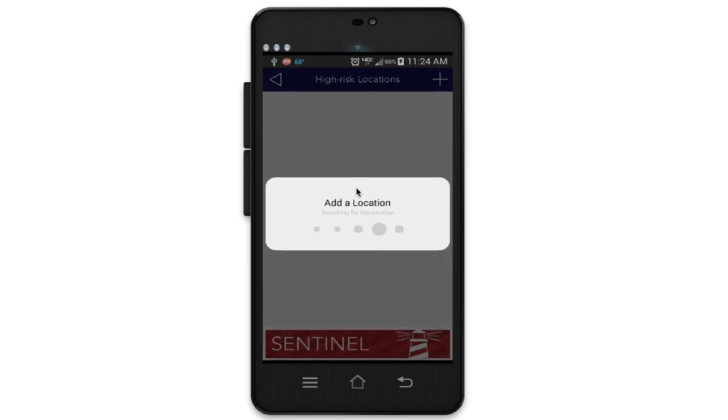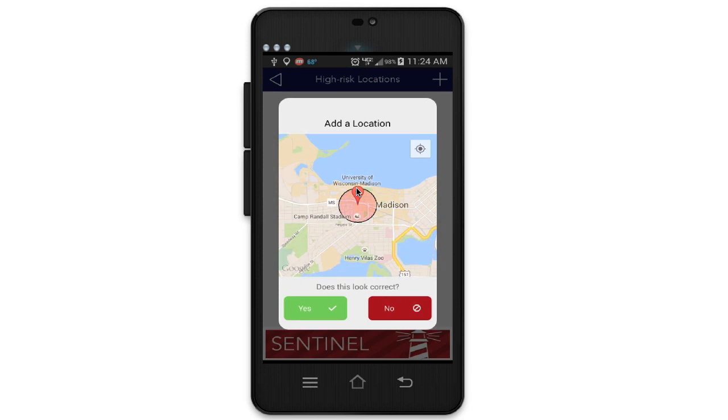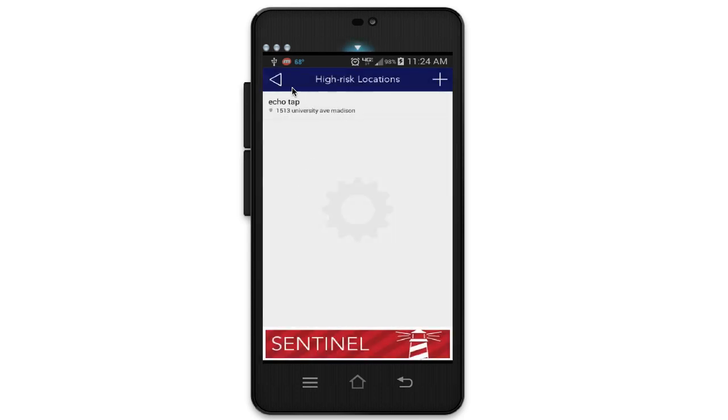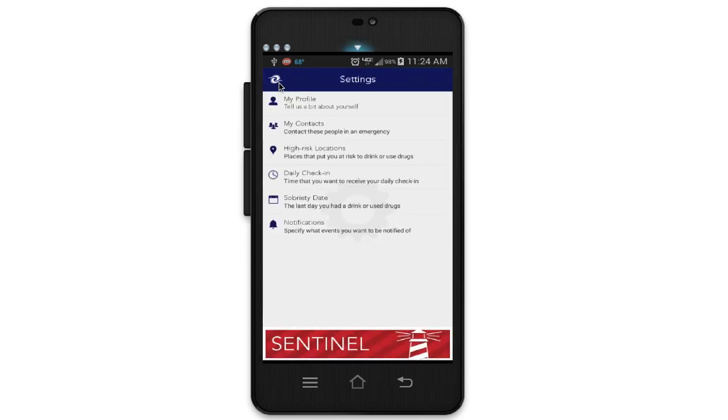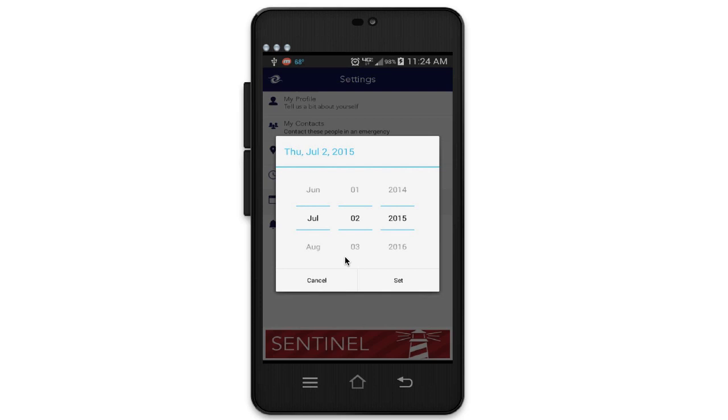Once they're entered into the system, these locations are geofenced. If I approach these areas, my phone will go off, and I'll be offered support. And I can add as many of those in as I wish. A few other things here. Sobriety date. I can enter the date that I last used, and I will automatically receive congratulations for milestones, and